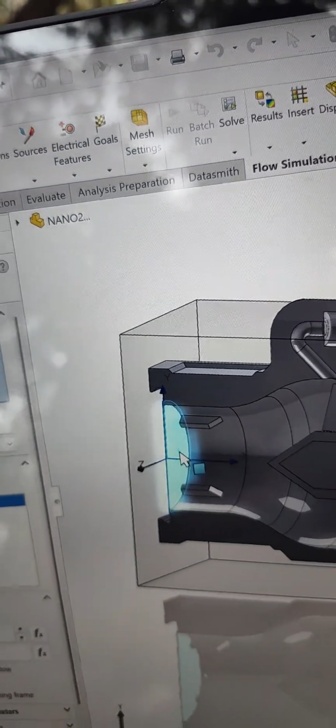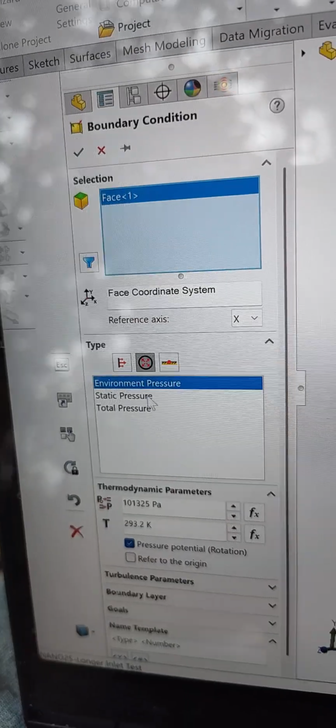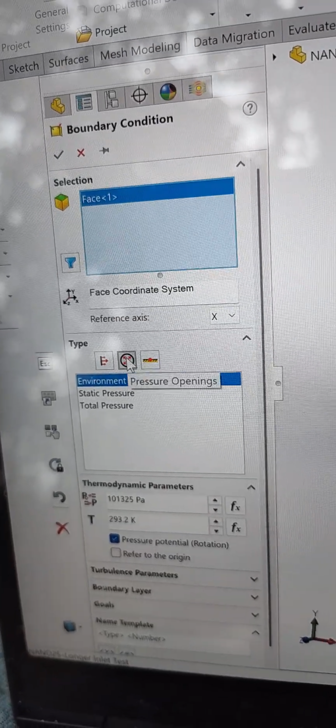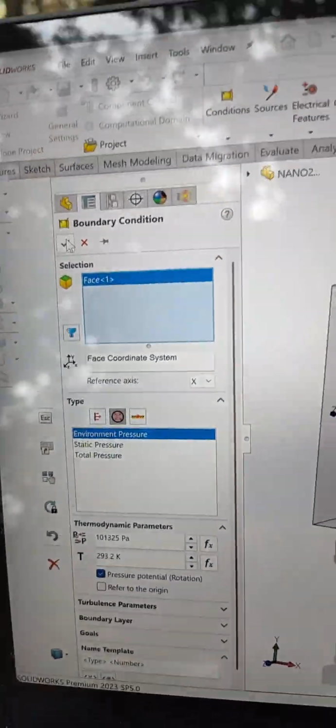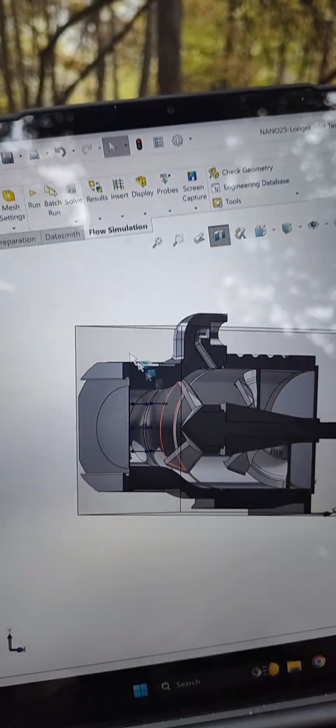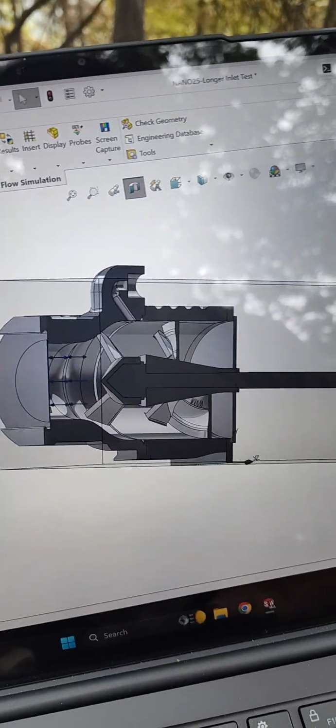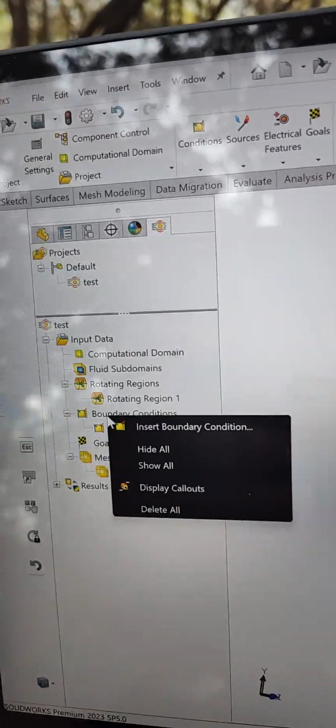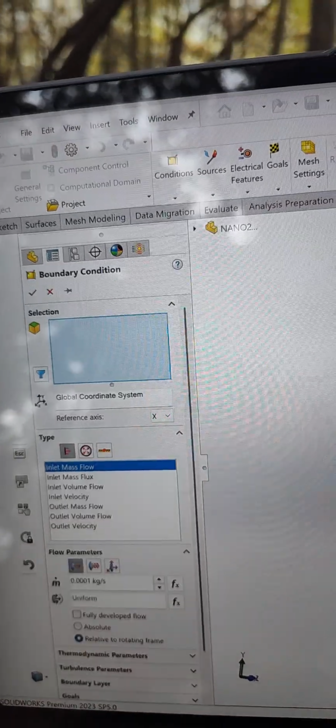So in this example, it's going to be right there. We're going to go over here to type. We're going to select environment pressure from this secondary box here, pressure openings, and we're going to select OK. Cool. All right. Fantastic. We're going to right click again and insert a new boundary condition, and then